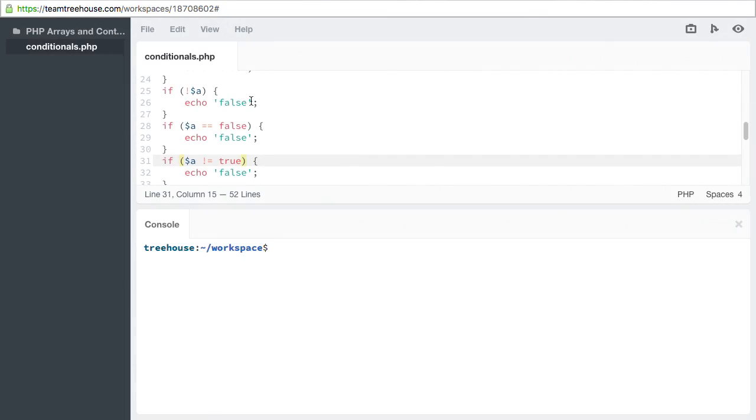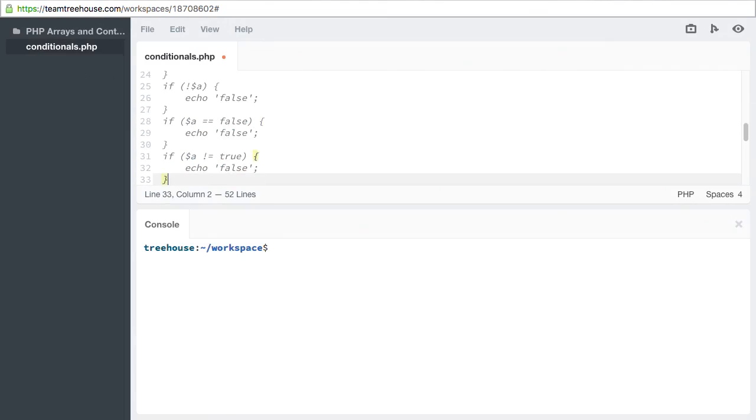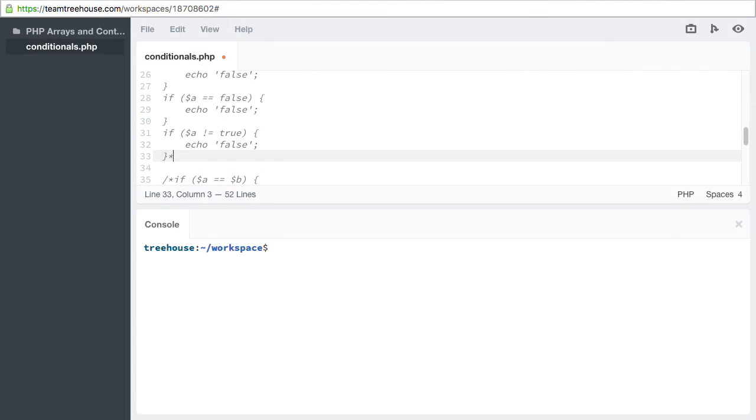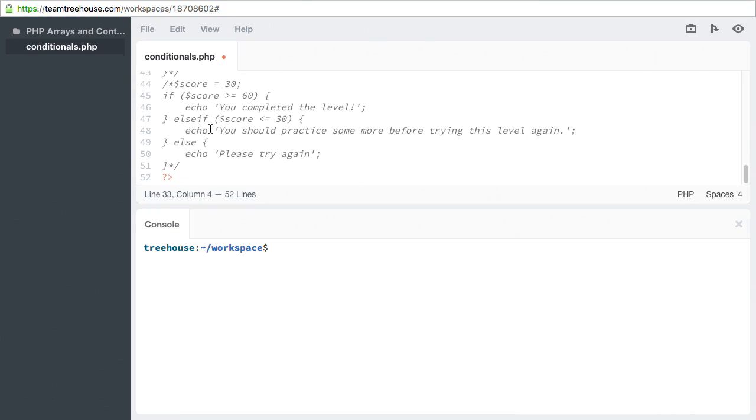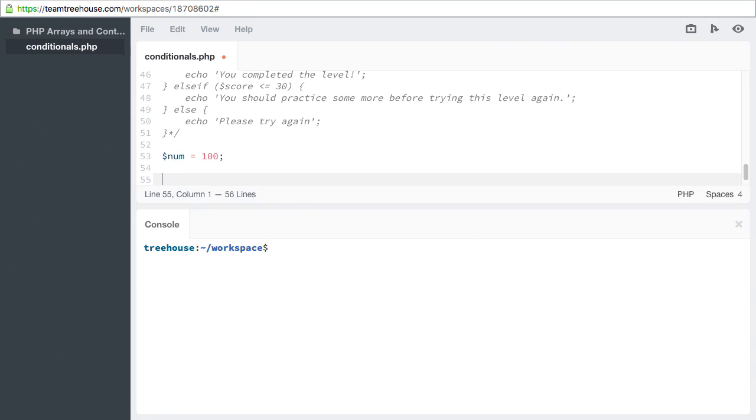Since we've already looked at these examples, let's comment out the rest of these conditionals. Now let's go to the end of our file and add a new line. Let's create a new variable called num and set it equal to 100. Then we'll add our first if statement. If num is greater than or equal to 10,